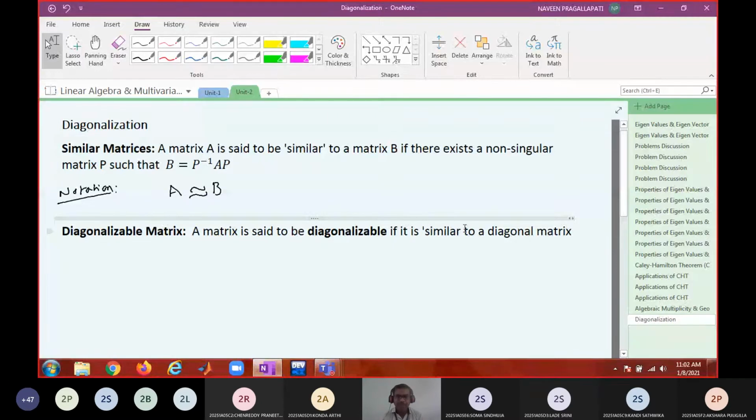What do you mean by that? It is similar to a diagonal matrix. That means a matrix A is said to be diagonalizable